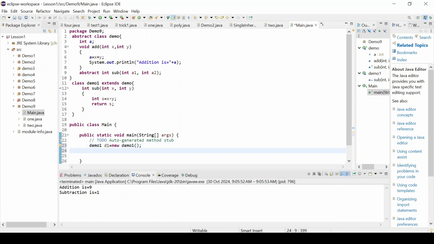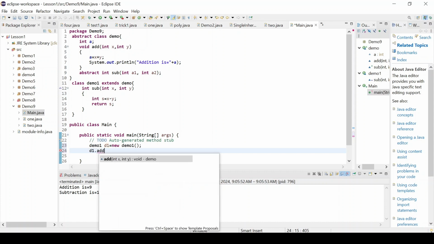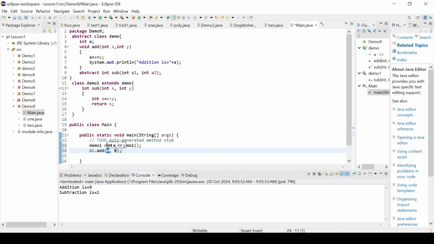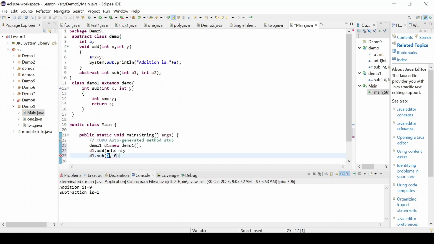Now here we can say d1 dot, first we can call that add method, add, and here within this we have to pass arguments. So for x I'm passing 2, and for y I'm giving 7. Second, we have to call that sub method. So d1 dot sub, and here we have to pass arguments. So for x I'm passing 7, and for y I'm passing 6,